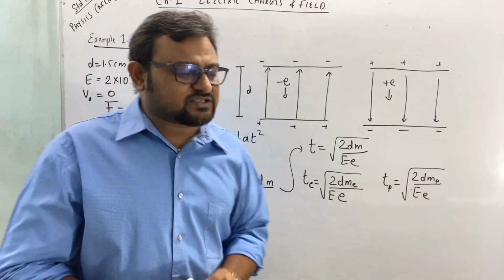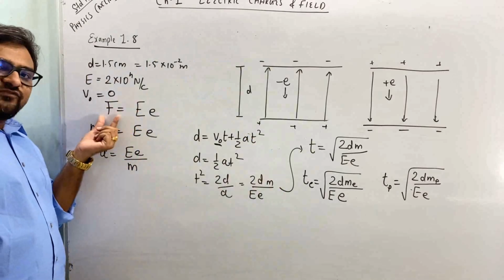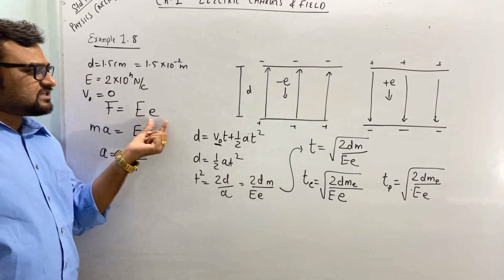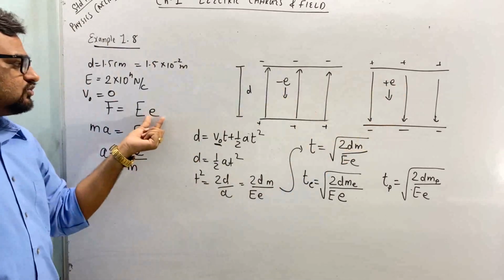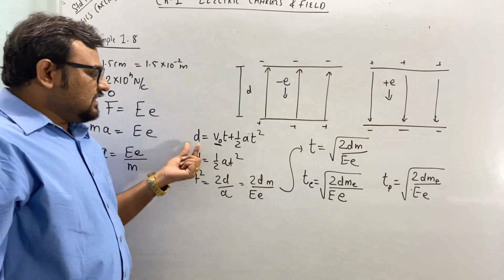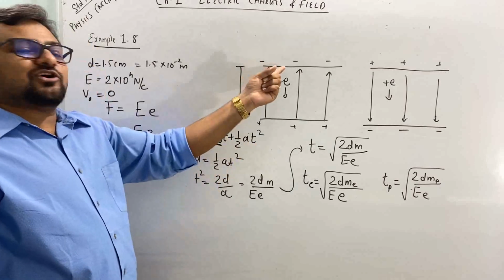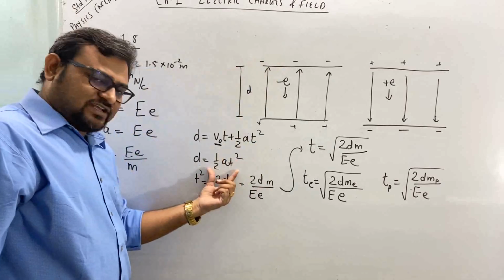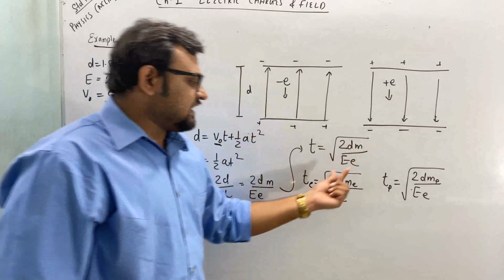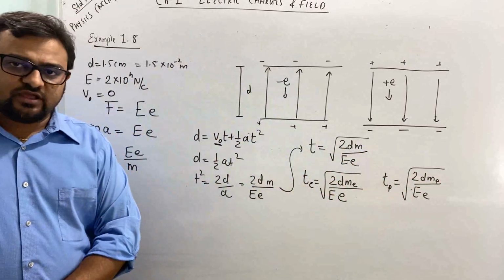Clear? I am repeating once again what we had done. First, we found out the formula for acceleration. The electric force will be equal to eE, and the formula for force is ma. It's normally qE, but here the charge is e. So I used eE, and from this I got the formula for a. Then using the kinematic equation, d equals v0 t plus half a t square, where v0 was 0, initial velocity is 0, so with half a t square I got the formula for t square. I found out t. Now putting the mass of electron, I get the time taken for the electron, and the mass of proton, I will get the time for the proton. So just solve it.